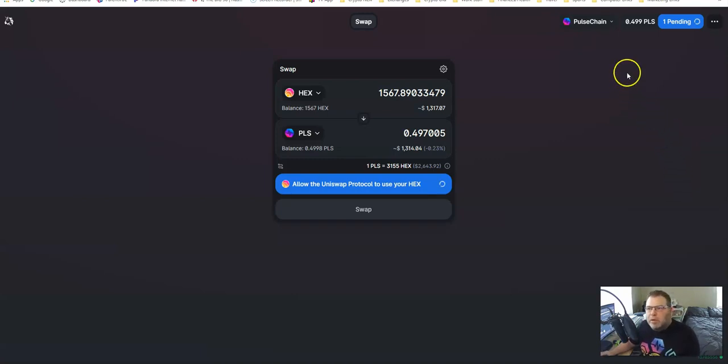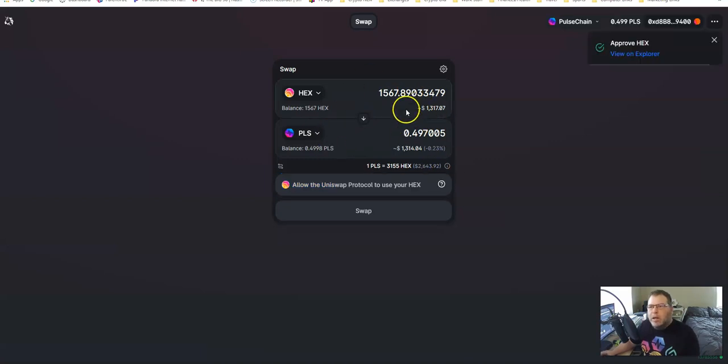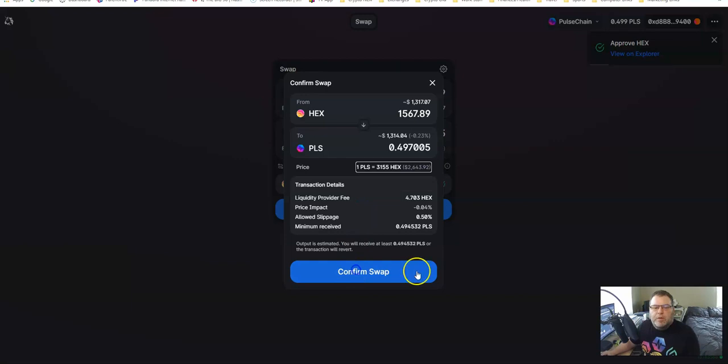Nothing really ever leaves your custody of your wallet, okay? You don't have to put anything on the exchange and then beg to get it back. So this is why we love the Uniswap and the, which will be the PulseX exchange. So just hit swap, confirm,